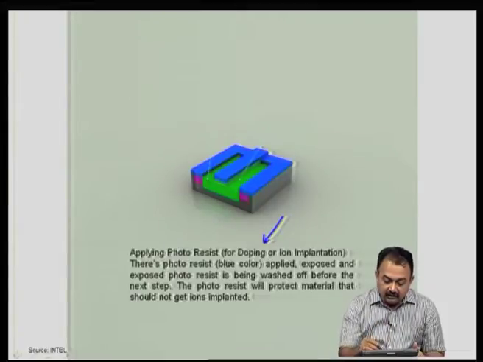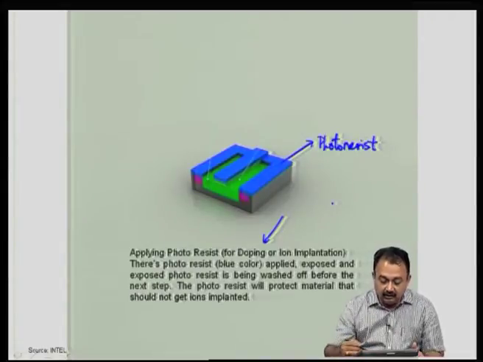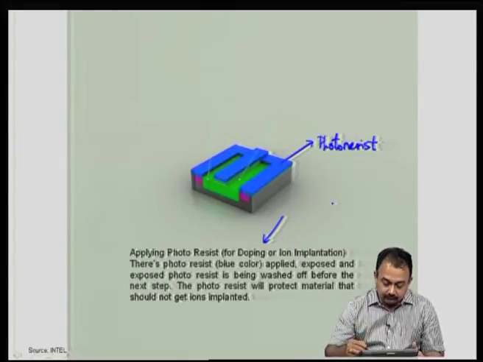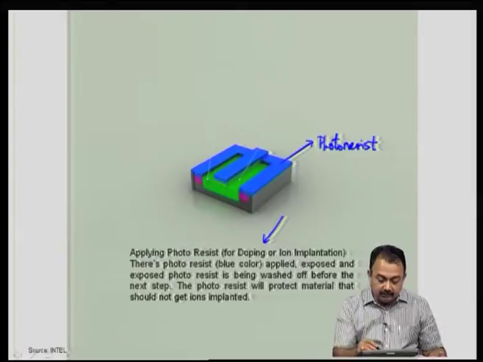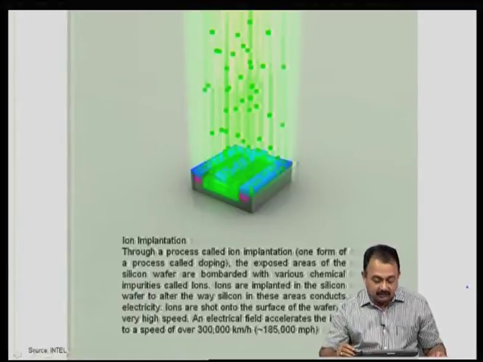So, the area that takes up the dopant here is well marked by these arrows you can see. The other areas are covered with the photoresist. So, this is a photoresist material. Again we start with the photoresist application, baking, and then you keep the area exposed for doping. The photoresist will protect the area and this area will not take any dopants. This is the ion implantation process.